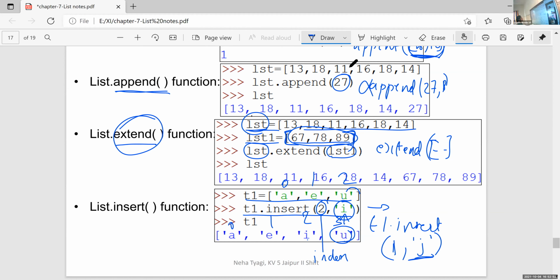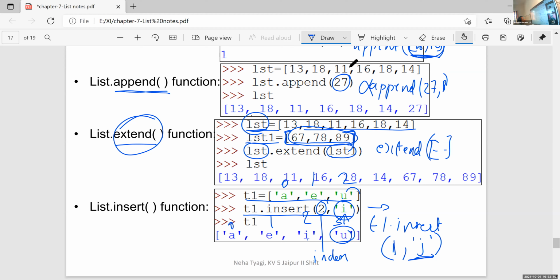Then write another question. Write a statement to insert capital letter A in the third position.